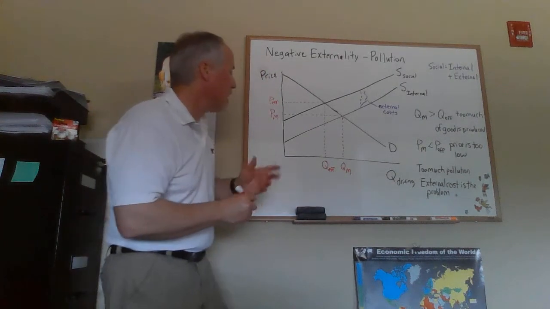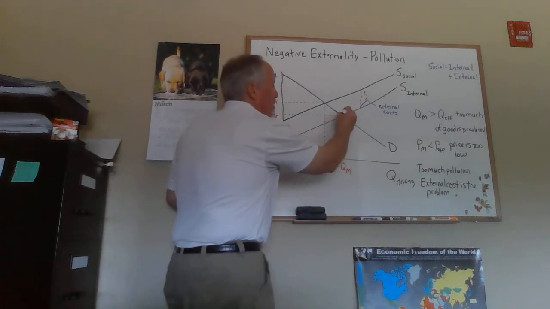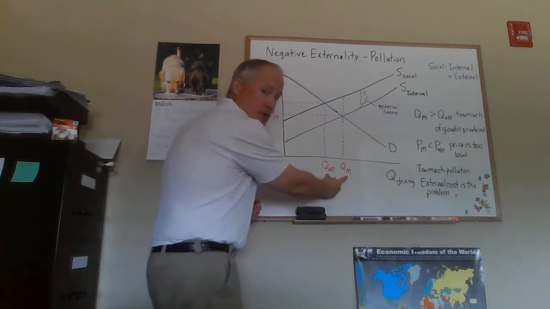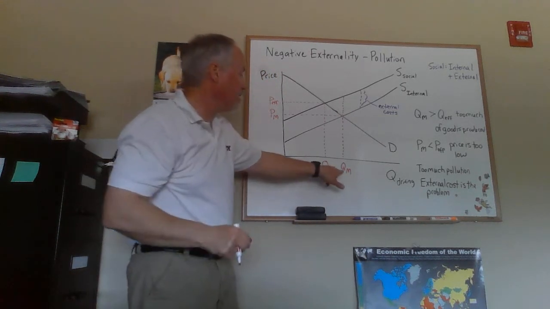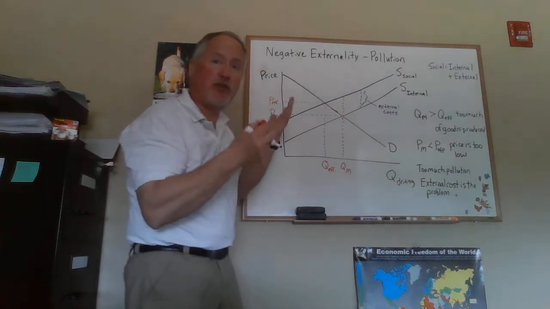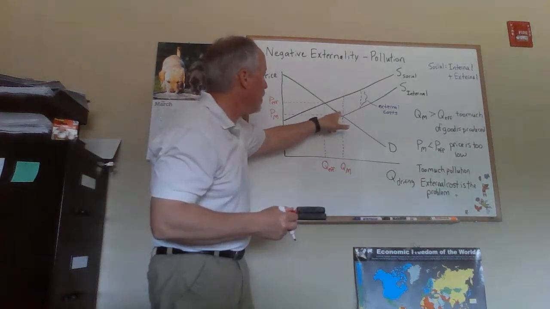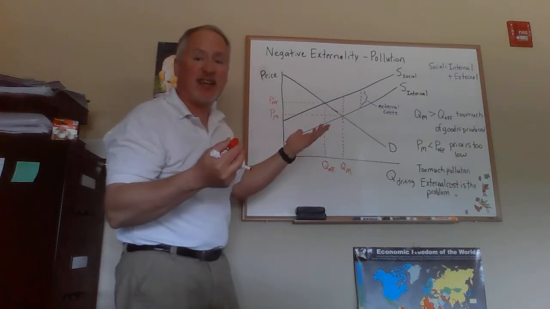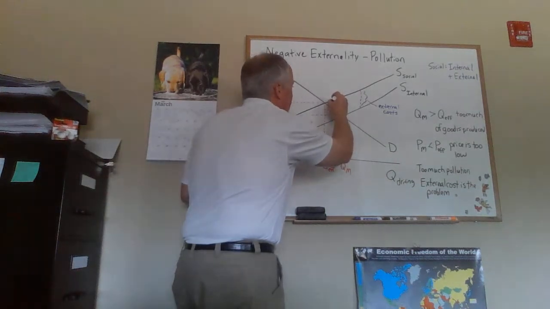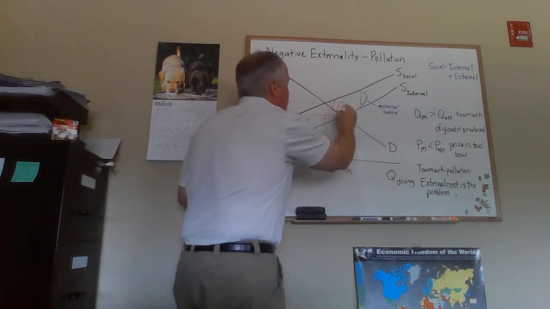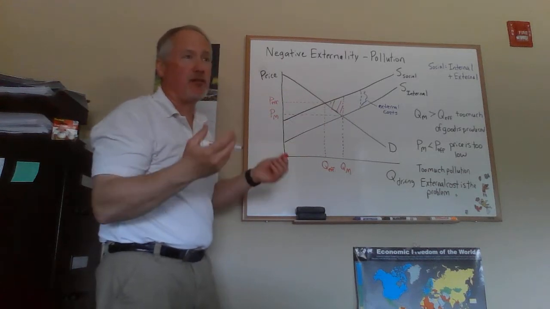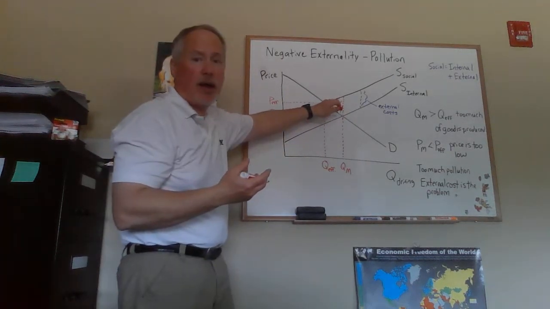Another way to think about this diagram is, if we wanted to, we could identify an area of deadweight loss in the equilibrium. These units are being produced, but they are not worth producing. The height of the social supply curve showing us the full value of these units is above the demand curve. So we've got negative surplus here. We're producing too much of the good. We have a deadweight loss, and that deadweight loss would be this area here. If both the supply curve and the demand curve are linear, then this area is a triangle.